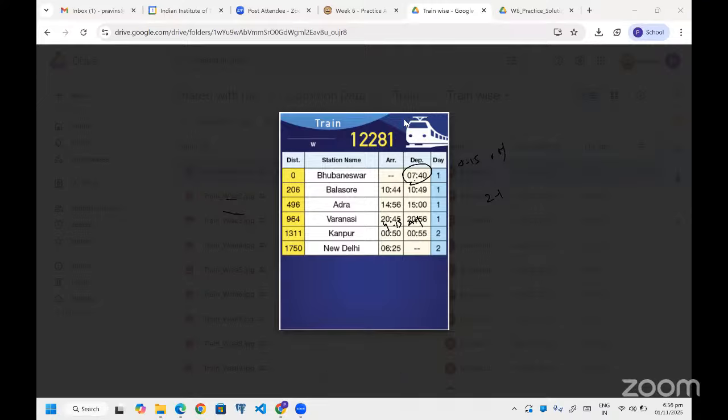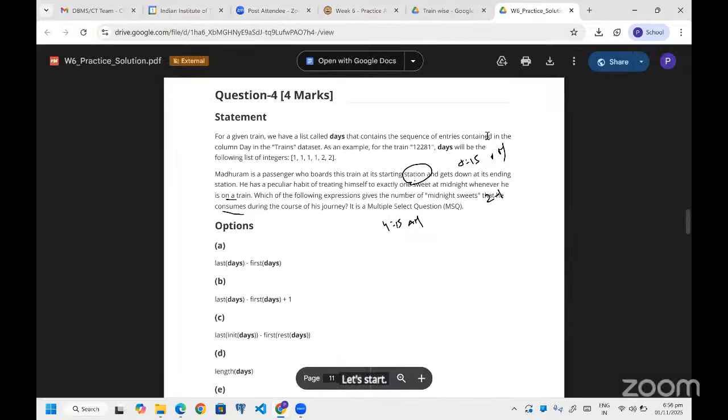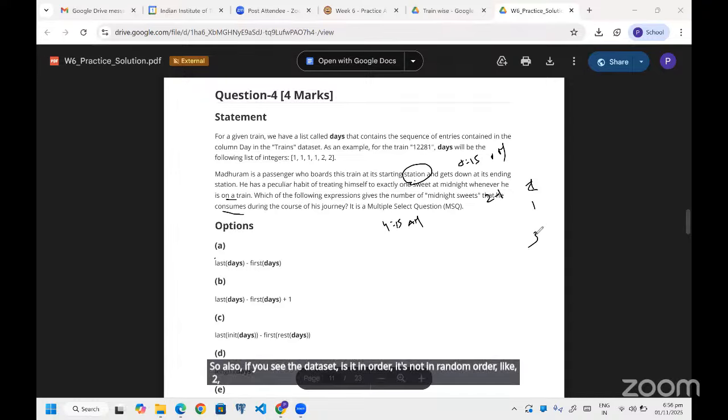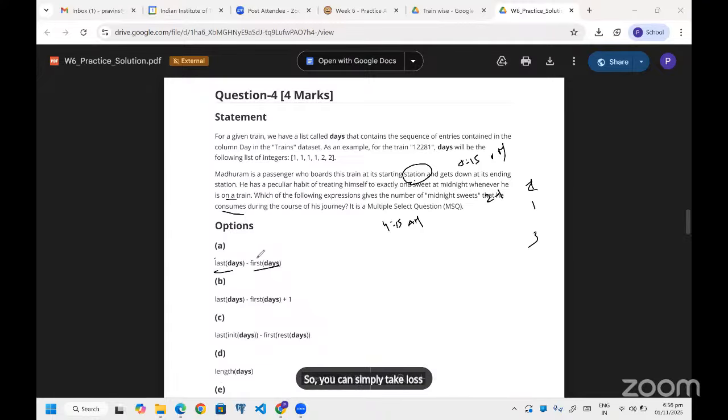That is what they asked. So we can simply subtract. Also, if you see the data set, is it in order? It's not in random order like 2, 1, 3, and it cannot be 2, right? So we can simply take the last of days and the first of days. That's the correct answer.